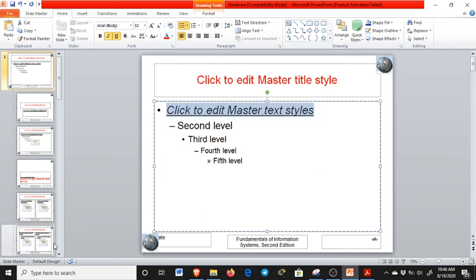So all these changes will be applied to all the slides. And then let's choose the fifth level and apply a different color as well, just to see the difference. Let's apply a yellow color, and that's it. So this yellow color is applied to all